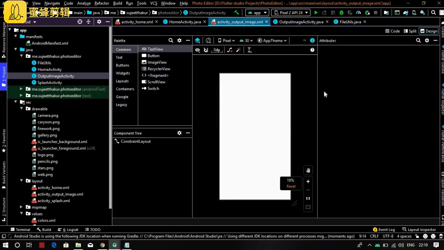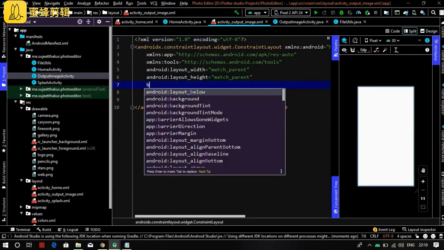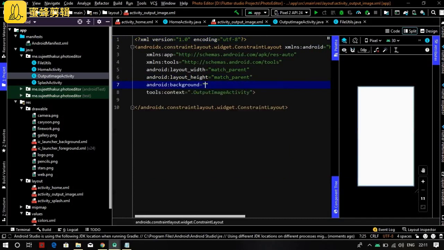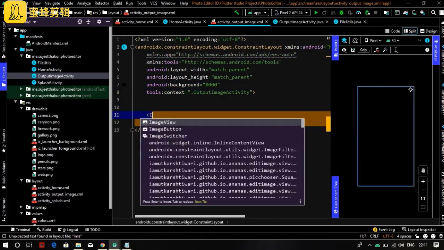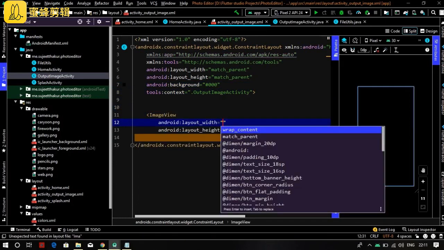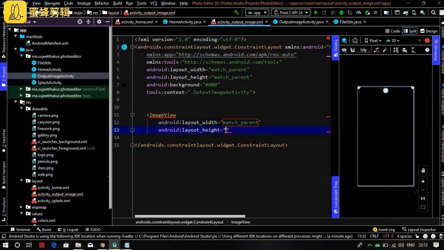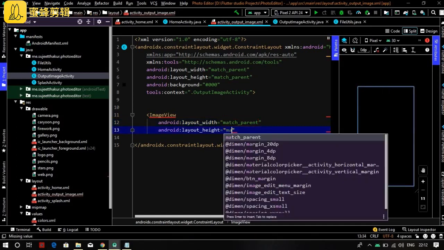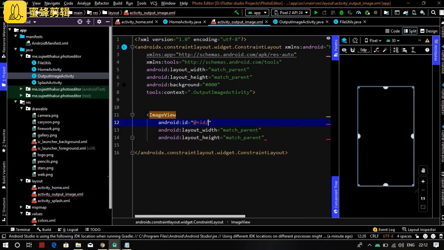Now let's redesign our output image activity. Set the background color to black, hashtag 000. An image view will show the output image, the edited image, here. Just set the width and height to match parent, and the id is output image.